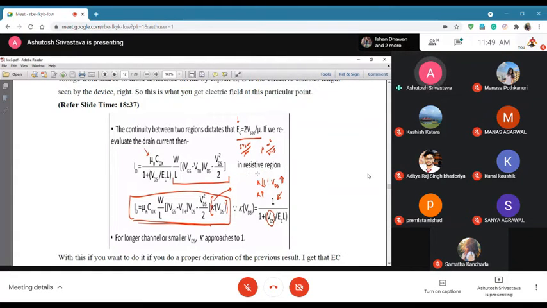Where I is inversely proportional to V. So remember, MOSFET transistor operation is a must to go into VLSI design. ID is mu n Cox upon 1 plus VDS upon EC L, times W by L, times VGS minus the overdrive voltage times VDS minus VDS square by 2. Please note it down. So this is the equation